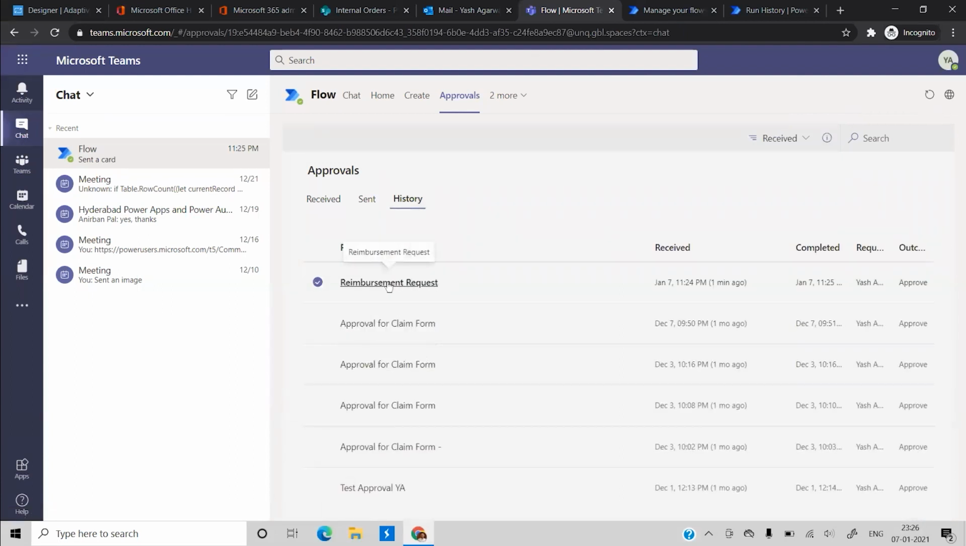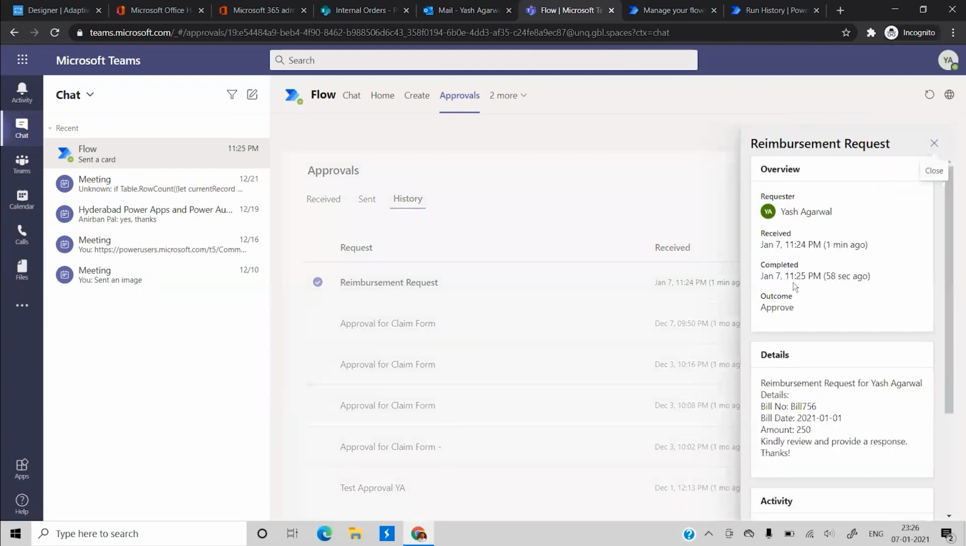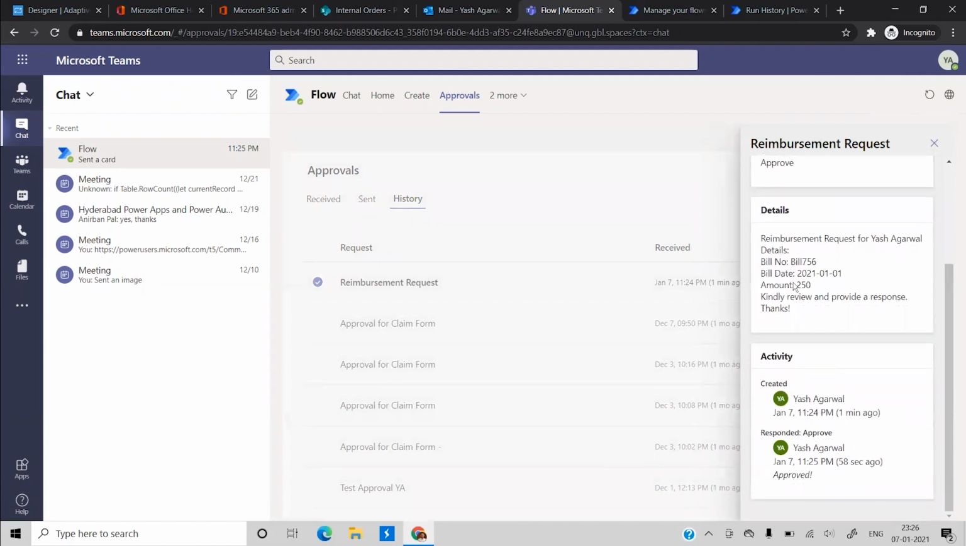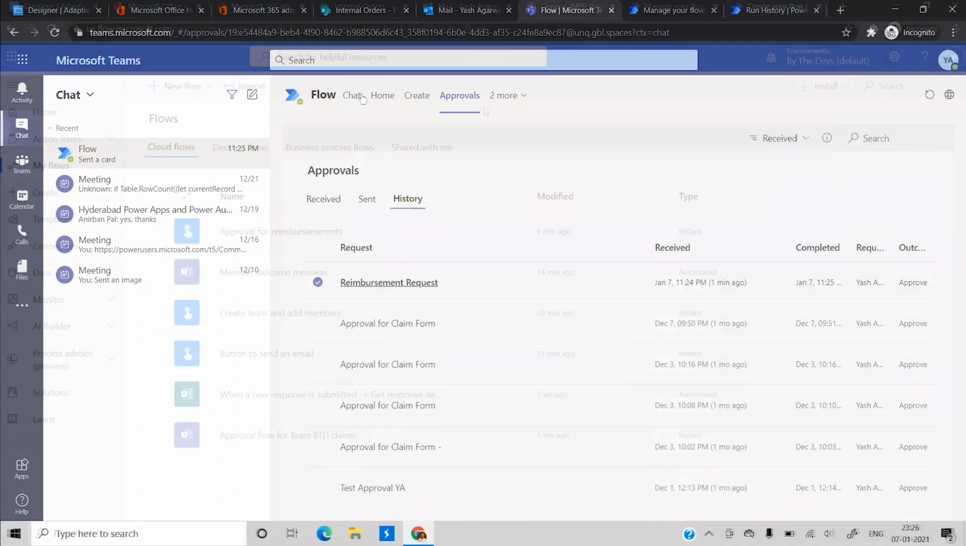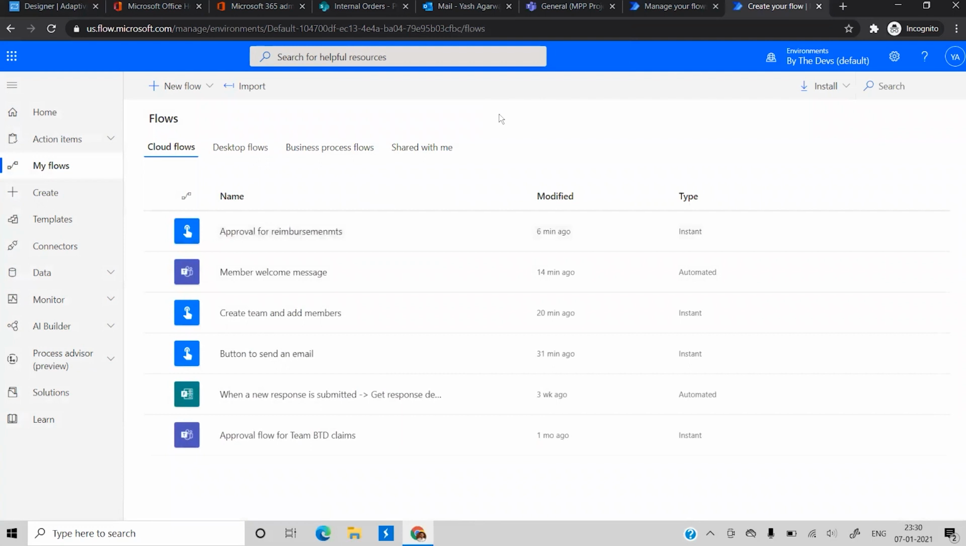So you can see the reimbursement request and you can provide a response from here also if it was not responded to. Nice. And if you want to see the log, you can come here and see the log. Very, very cool, man. All right, so this one, what we'll do is we'll use an adaptive card this time,